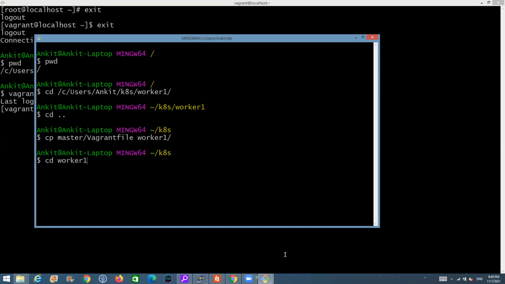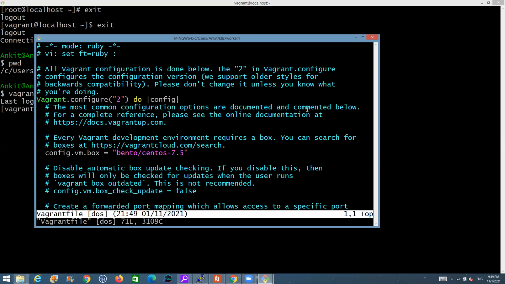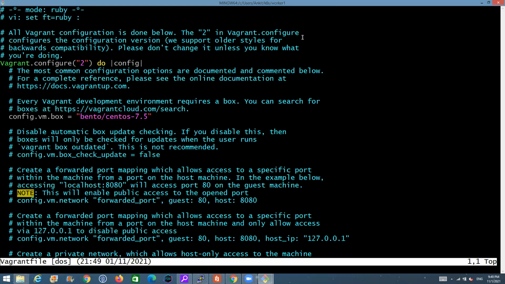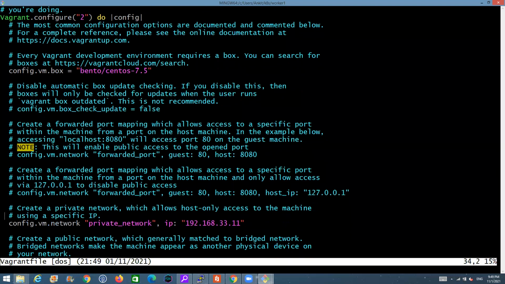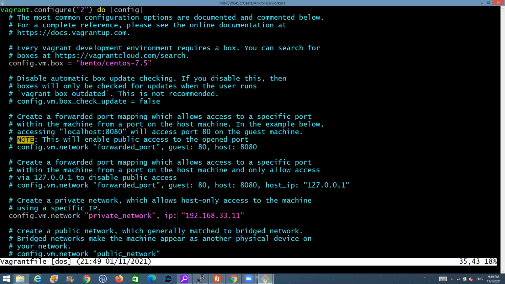Now there is only a single change that you need to make ideally, but I'm going to make two changes. I'm going to reduce the memory, and also make sure that you change the IP, because two virtual machines cannot have the same IP. So I just need to change the last octet and increment it by 1, so I can say 12.